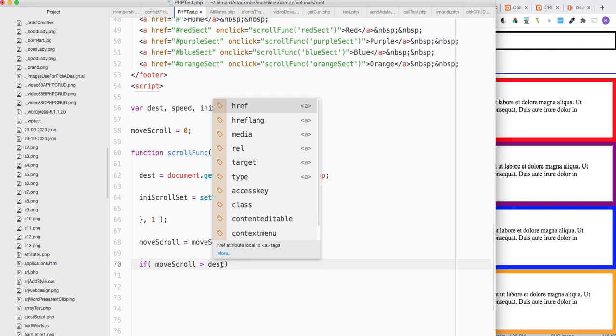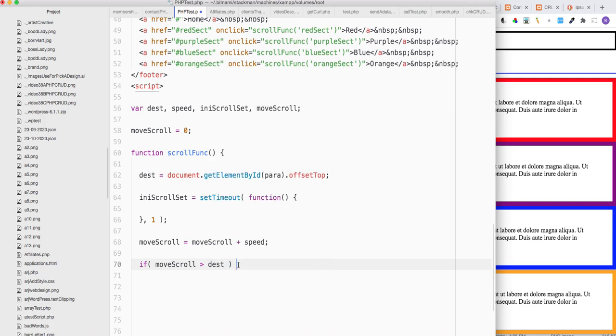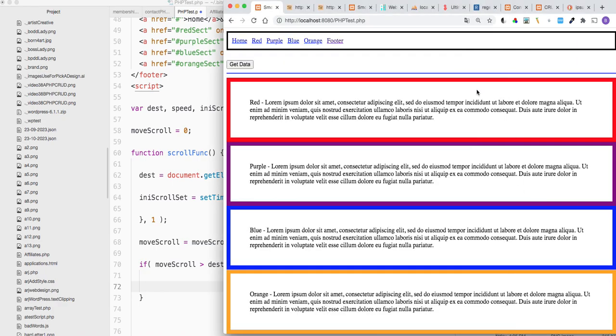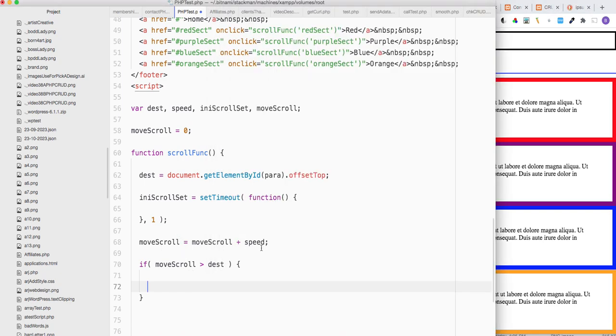Let's put a space there. You know, of course, early, right? Because you want to do something there. We're going to say if it actually, in other words, if it got once you say blue and it got here, that means this move scroll, the number will be big because you're adding it here. What happens is this will call itself. It's going to keep going like this. Look, it's like you're hitting